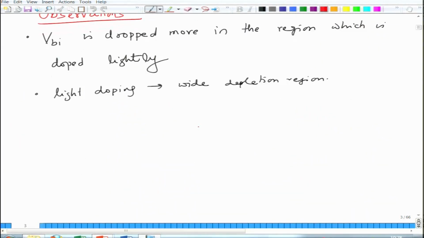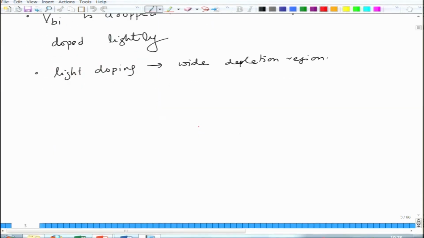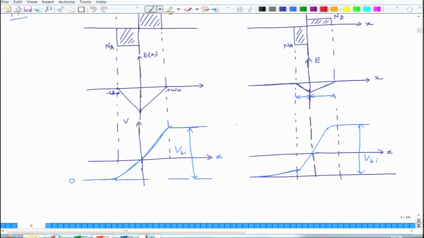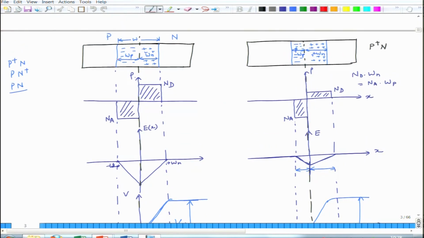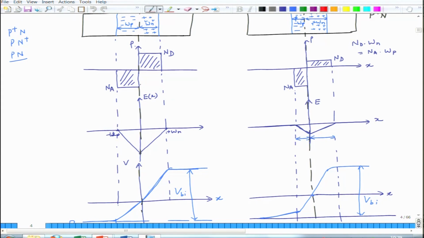We also looked at the various diagrams as to what happens to carrier density, electric field and potential as a function of distance when the p-n junction is formed. So you can have p and n equally doped or p and n unequally doped. So we took two cases in which p and n were nearly similarly doped, and another case of p side being more heavily doped as compared to n side, and this has repercussions on the charge density on both sides and the width of depletion region.